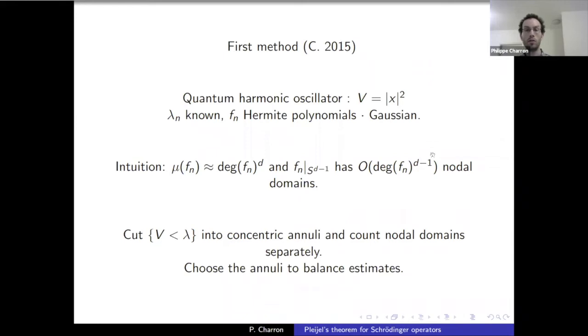Now, if you don't let it grow fast enough, then you don't get as good a constant as Pleijel. So what you want is to fine-tune how you cut with these concentric layers. And there's a way to do it. For the quantum harmonic oscillator, there's a way of choosing the layers such that the big O term never grows as fast as mu of Fn, and you can get enough spheres so that you can accurately control the sum in terms of the integral. So that's good.